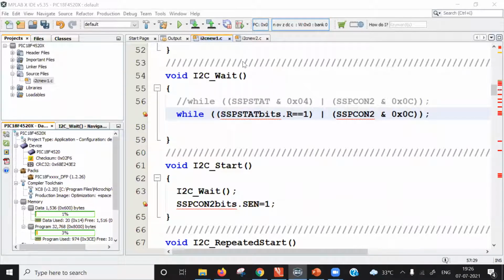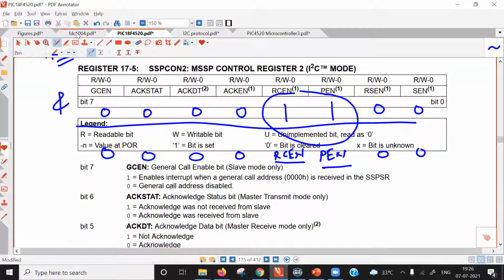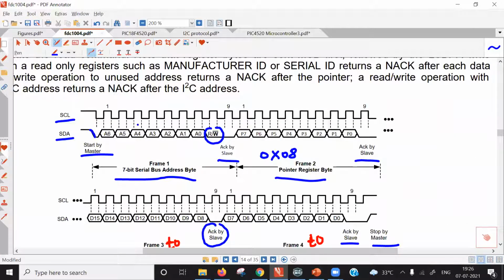The next question: will SCL be pulled down after the read/write bit on SDA, or will it remain the same? See, on the SCL line there is a clock signal. It is not remaining constant. On the SCL line, a clock signal is transmitted, and we can define its frequency depending on our requirement. Like in our case, it is 100 kilohertz. So 9 cycles of clock signal are transmitted at 100 kilohertz in our case. This frequency can be increased, so the data transmission rate can be increased, and on each falling edge of the clock signal, data is sampled inside the slave device.